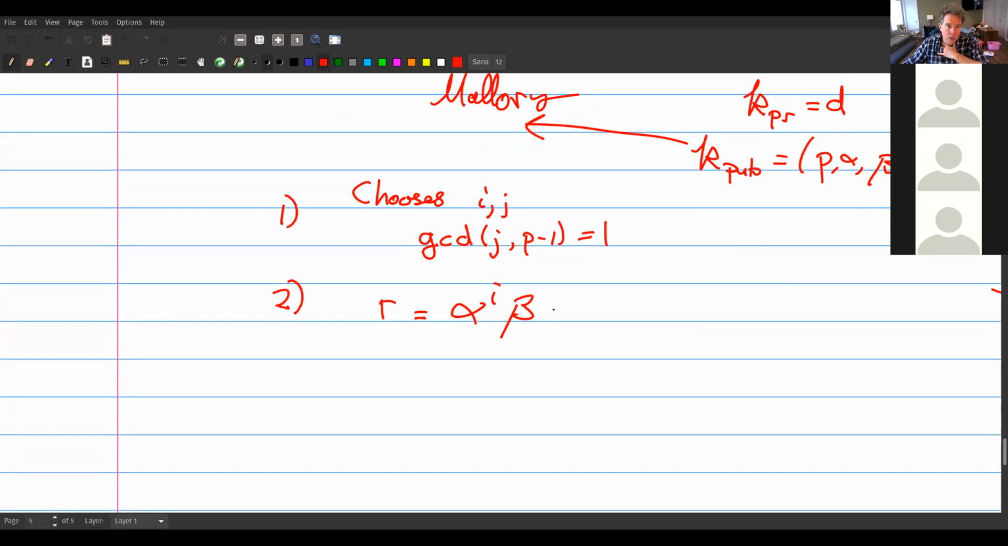times, notice this is not the usual formula for R, mod p. And she computes S, which again is not the usual formula for S, minus R times J inverse mod P minus 1. And finally,